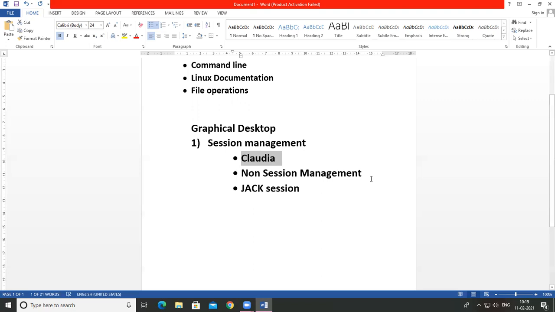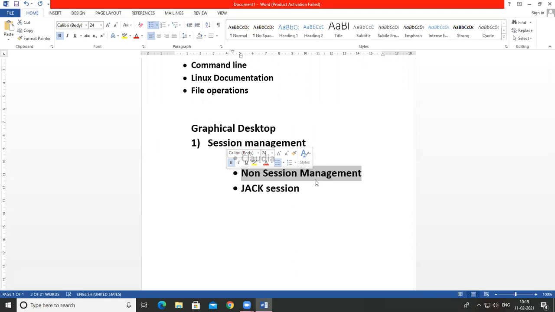Then the another one is non-session management. So non-session management was released in 2010, and it is fully compatible with apps. That means any app you are going to use in your operating system, it is compatible with this non-session management. Okay, so it has built-in NSM support regardless of their audio backend in Linux, and it has its own GUI. So non-session management provides its own graphical user interface to the user.